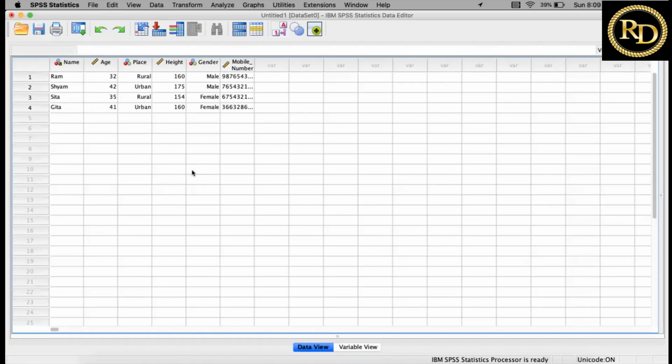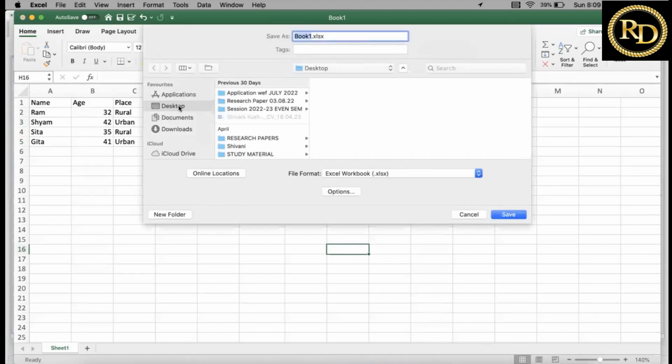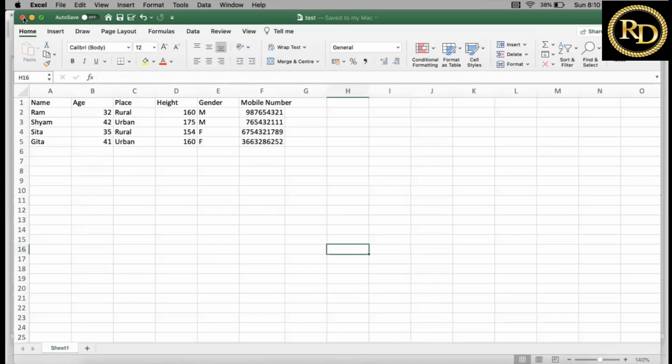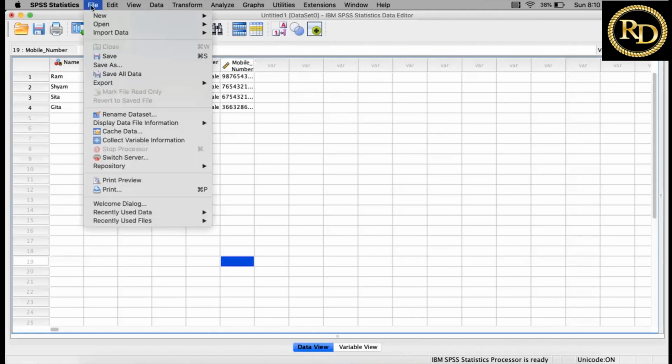Okay. If your data is already in Excel, here you can see this is the Excel, and I'm saving this data onto the desktop, and I'm keeping the name of this data as test. Okay, and I'm saving it. Now I want to call this data, so I will go to the SPSS File, Open.